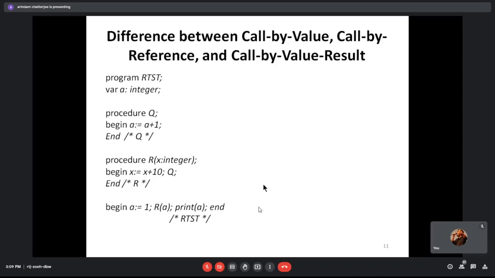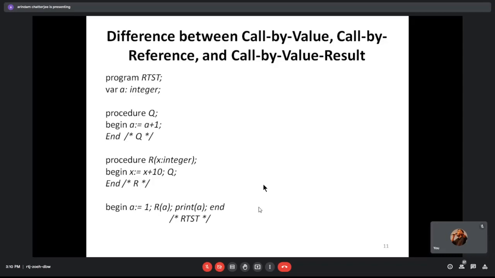X is passed as a parameter. And then it calls Q as well. So the main program, it assigns 1 to A, it calls R(A), and then it asks to print A. This is some kind of a pseudo programming language, but it's very similar to C and Pascal.